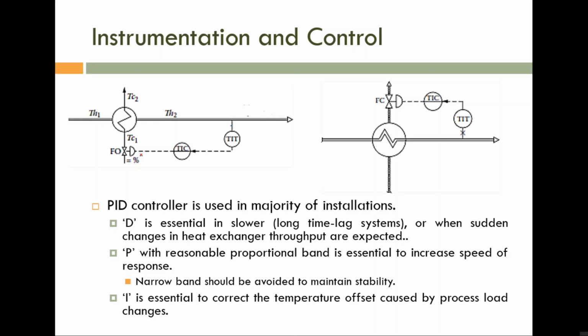And what about integration? For a highly lagged system, Ki value must be small. What is the purpose of integration? Integration is used if the system is affected by disturbance. So in temperature application, definitely we can expect disturbances. So here we need to use PID controller. Is it okay? So please note, we are using PID controller.